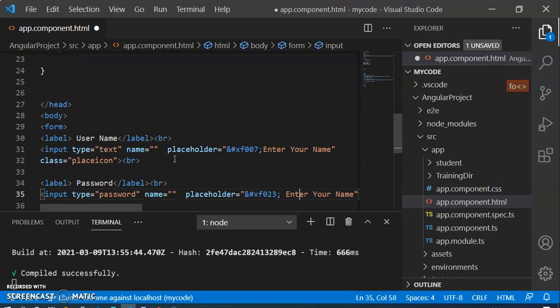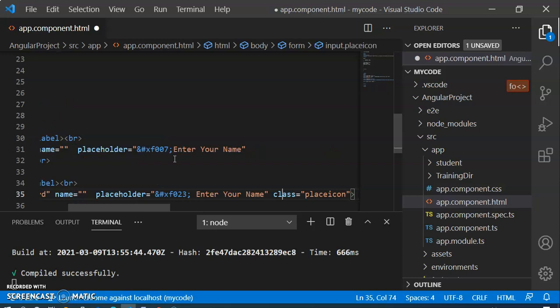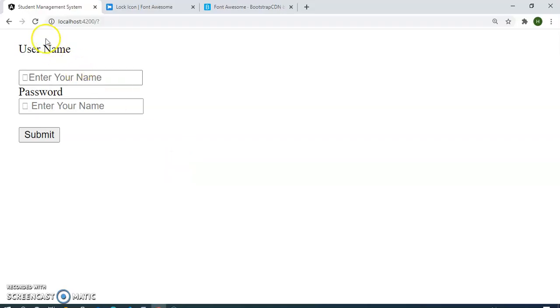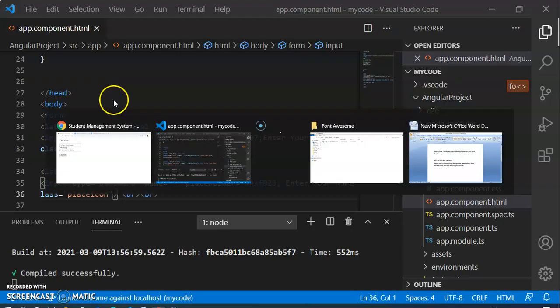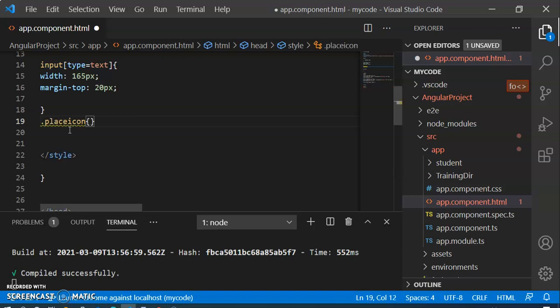In the password we are writing here as I have written here, now still it is not showing. Now we have to go here, as we want to set it for the class. For that we have to write a dot. In the class we have written the place icon, and then we have to open the curly bracket.